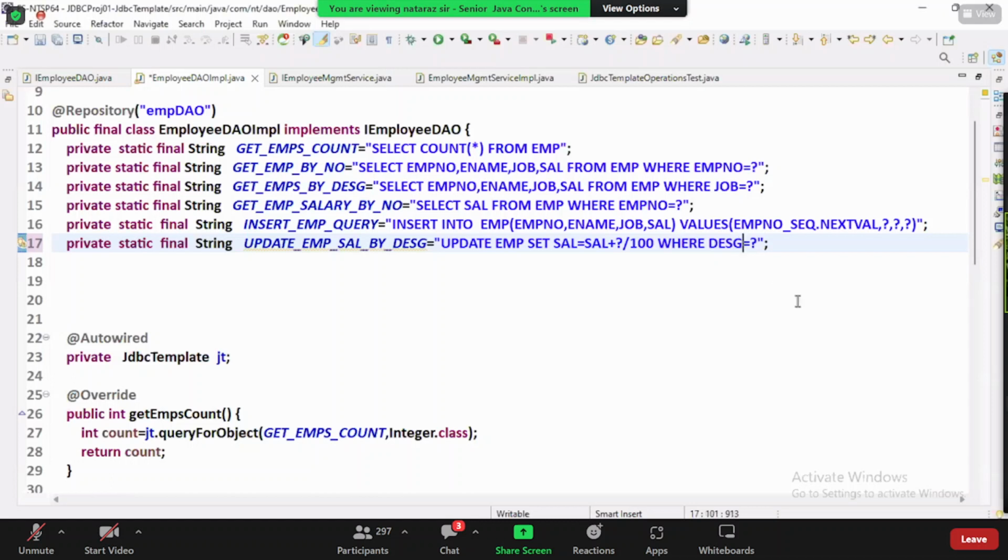Designation column is not there in the table. What is the column having designation? Job. Right now, boss, let it be. SAL is equal to SAL plus SAL times percentage by 100. Okay, 100 point